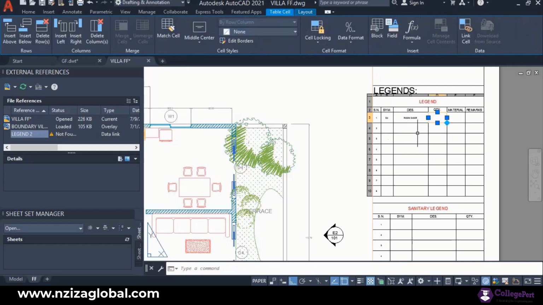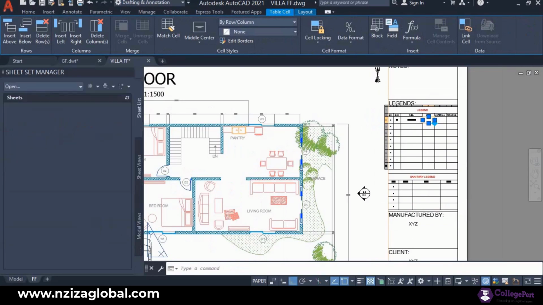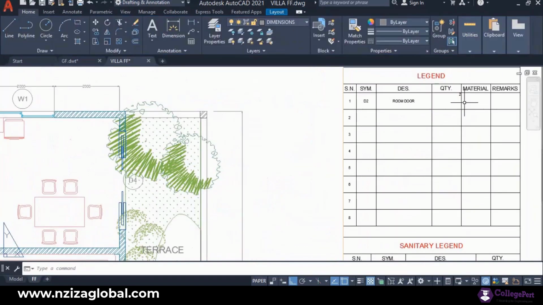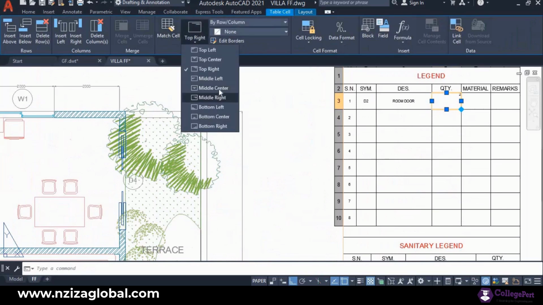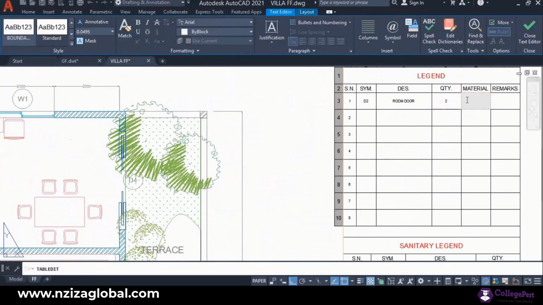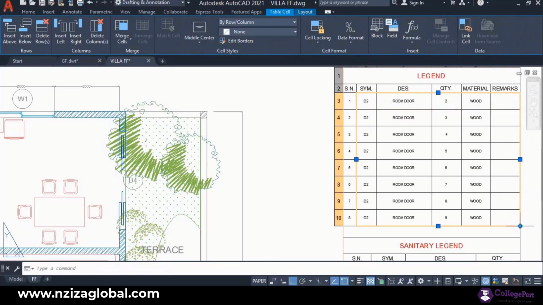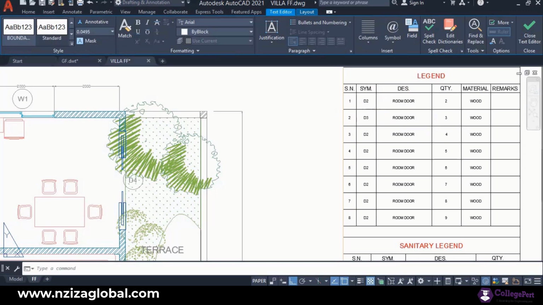The next we have is the quantity, so let's just count how many D2 are there. 2, and I'm going to make this middle center. Then the material, you can give it any material. I'll give it wood, and then we have our D3. You can simply also select up till here, and you can copy this and make changes. So the next we have is our D3, and these are our